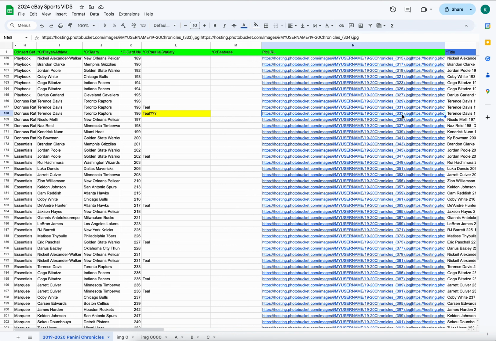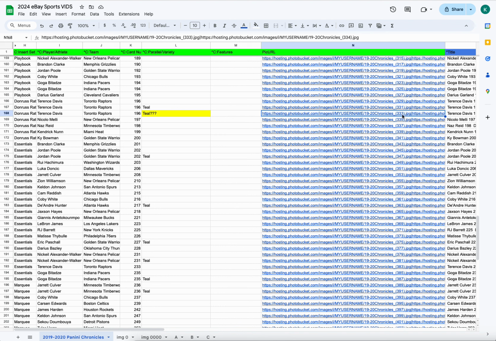Let me show you now that Nicolo is 335. I'm just going to go to my other tab and type in 335 and hit enter, and we're lined up beautifully. That's really how easy this is. I mentioned that we're missing 3 players. The next one I happened to find was in the marquees,